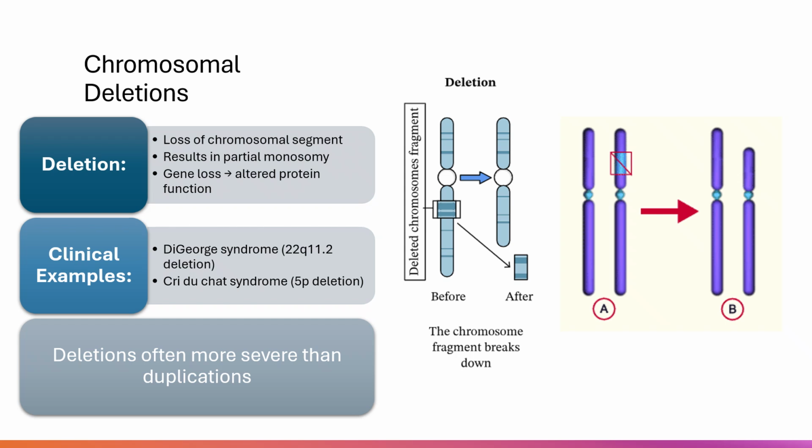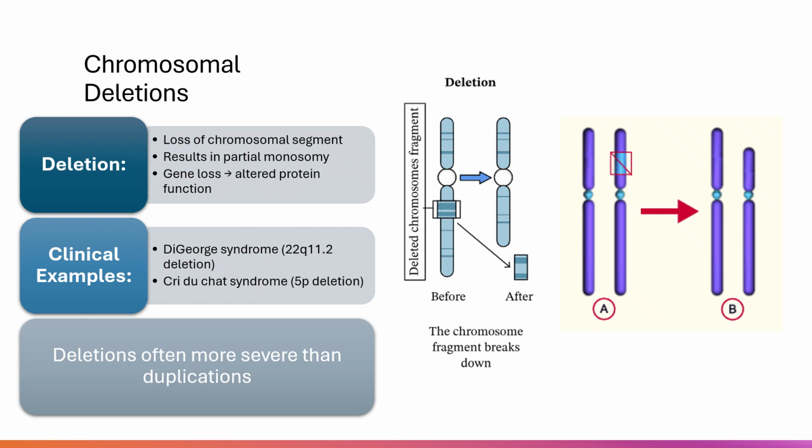When genes are deleted, the proteins they encode either decrease by half, haploinsufficiency, or disappear entirely if the remaining copy cannot compensate. Some genes tolerate this reduction, others do not. Genes that require precise dosing for normal development, particularly those involved in early embryogenesis, cardiac development, or brain formation, cause significant problems when deleted. Common deletion syndromes include DiGeorge syndrome from